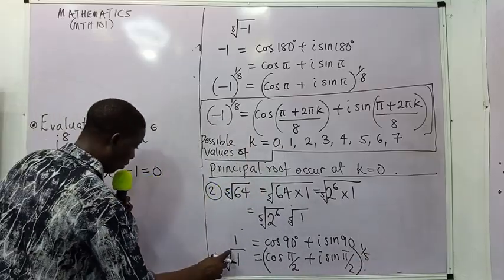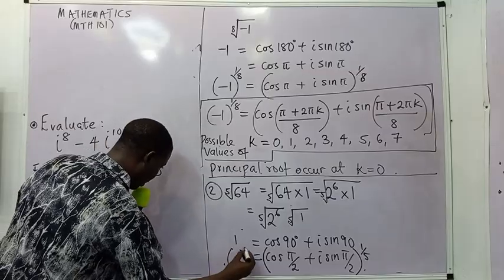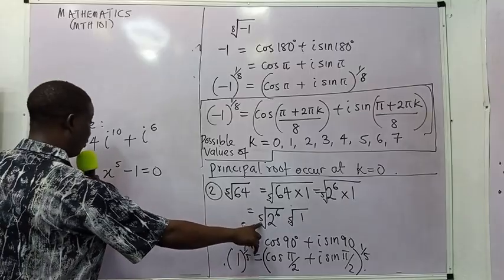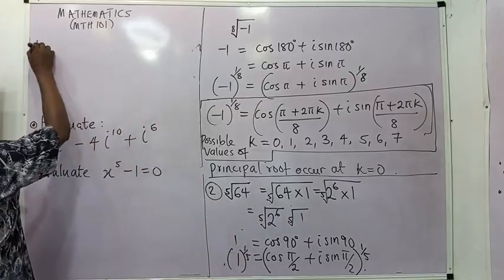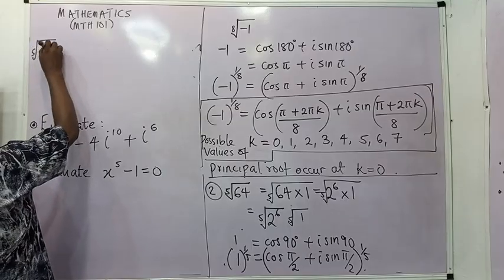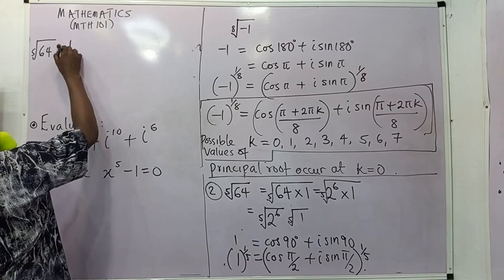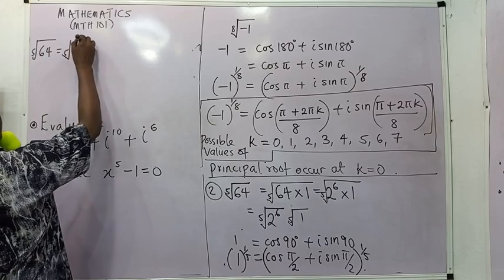That's what it means. Because fifth root means 1 raised by what? 1 over 5. So we can now write this one, and going by this, we can say the square root of the fifth root of 64 can be written as the fifth root of 2 raised by 6